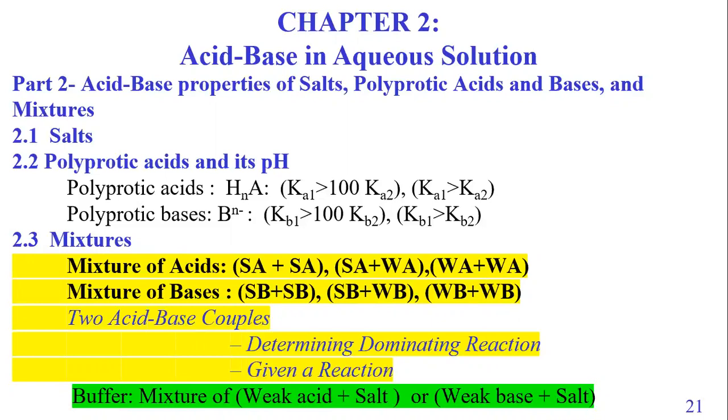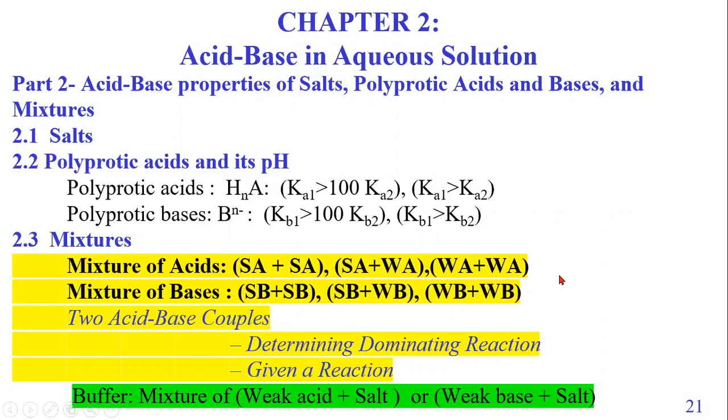We're now at the point of calculating mixtures. We now know how to directly calculate separately a strong acid, separately a weak acid, or a polyprotic acid or a polyprotic base. Now we're going to look at a mixture: two strong acids together, a strong acid and a weak acid, and a weak acid with a weak acid. In a way, some of this type of calculation is similar to the polyprotics, though with a little bit